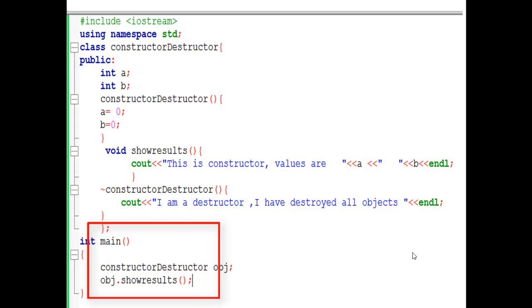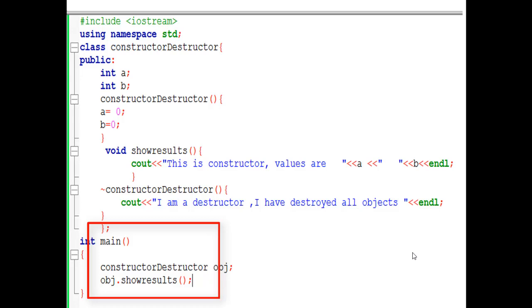The control enters from the main method, and after that it creates the object and calls the show result function with the object. After executing show result, it calls the destructor, which destroys the object and enters the body, and whatever functionality we ordered the destructor to perform, it performs, and then the program ends.